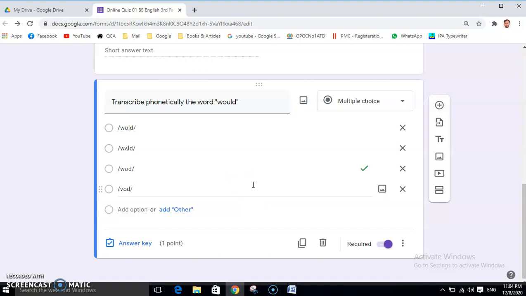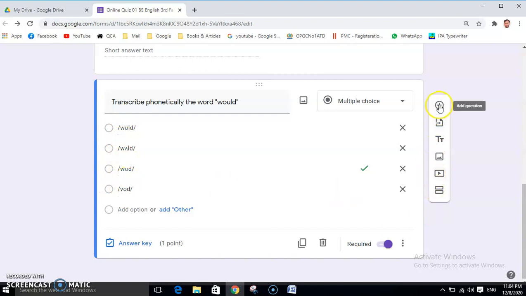So you have put 3 bars. Number 1, time is given. At the exact time the quiz will be over and the student will not be able to take extra time. Second, question order will be different. Student number 1 will have this question and student number 2 or 3 will have another question. Then all the options are shuffled.